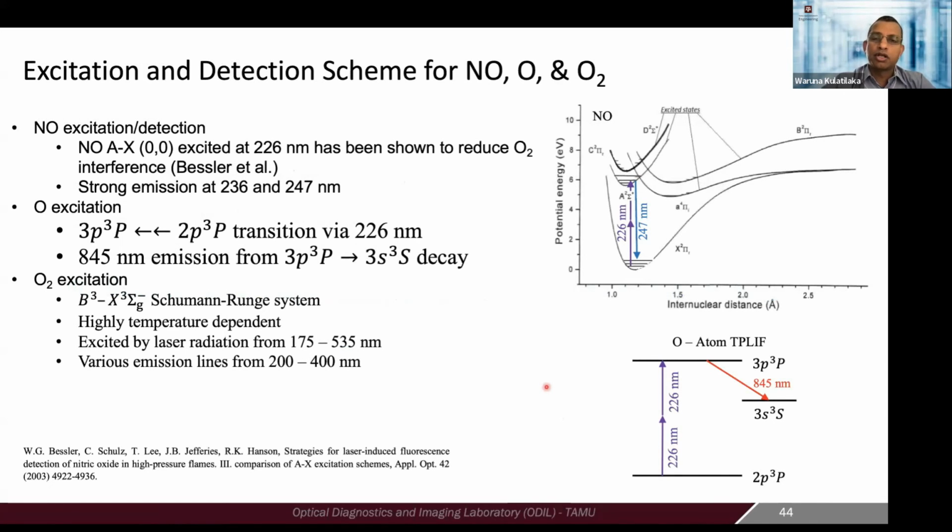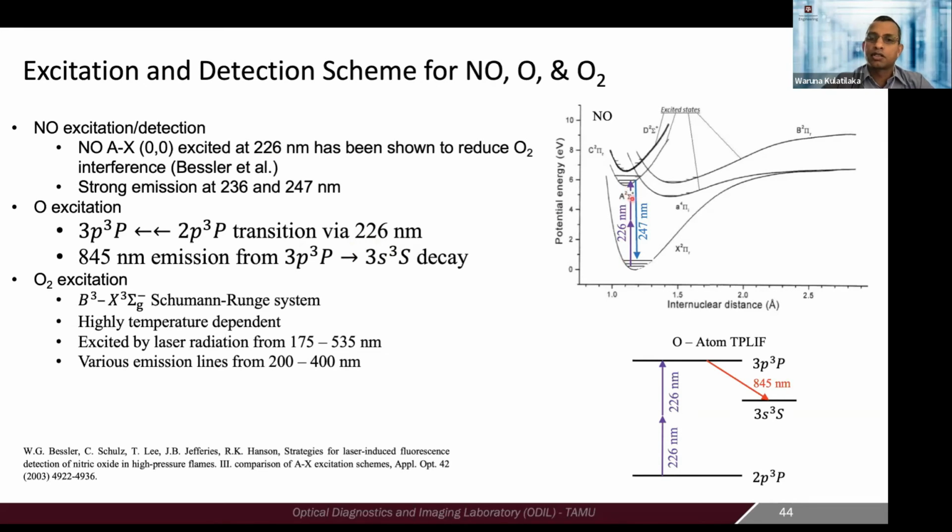I will leave the H and OH system out for today. So NO has excitation at 226. Most of us are familiar with this wavelength when you're trying to detect NO. But at 226 you can do a 2-photon transition for the O atom as well. So you can try to excite O and H at the same time because the absolute wavelengths are close enough. The femtosecond laser is broad enough, so you can do the 226 single photon excitation.